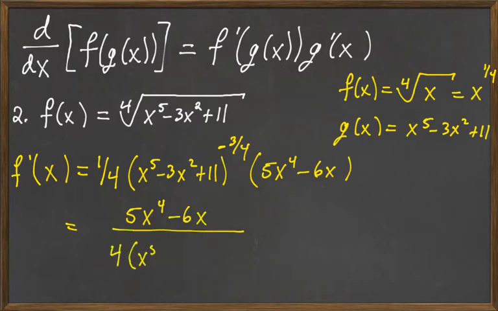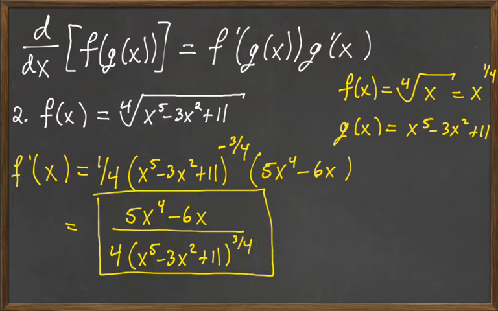and then we can write that as x to the fifth minus 3x squared plus 11, and then moving that exponent down will make that positive to the 3/4 power. Okay, so that's just a run of the mill chain rule problem,